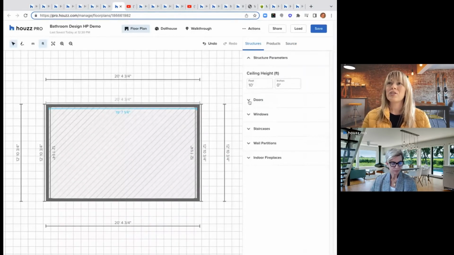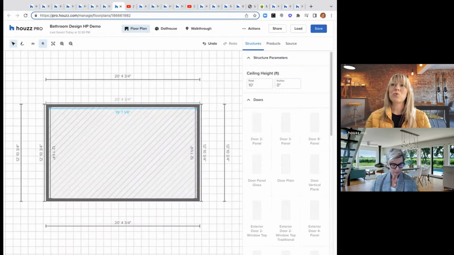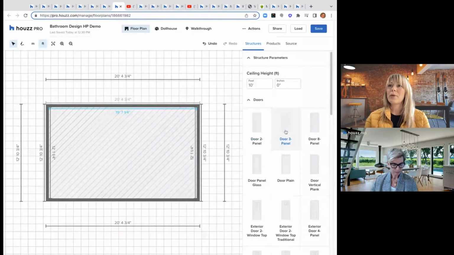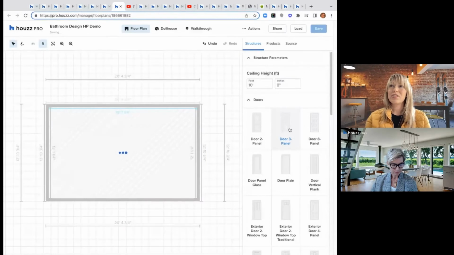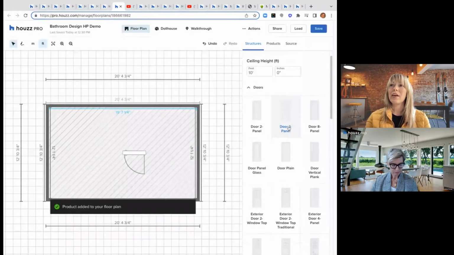And then if I want to come back to the other structure parameters here, I'm going to start adding in just a couple basic things like doors. I'm going to add a door to my bathroom design, and I'll start with this door 3 panel. Once I add this, I just simply click here. And again,